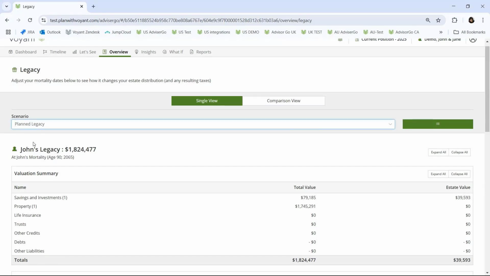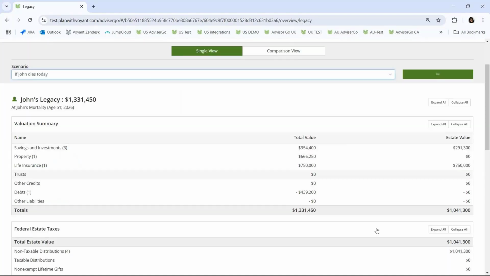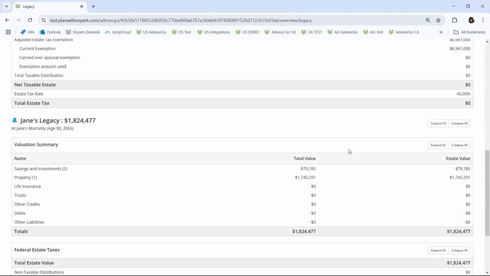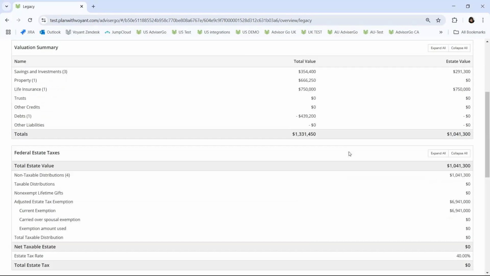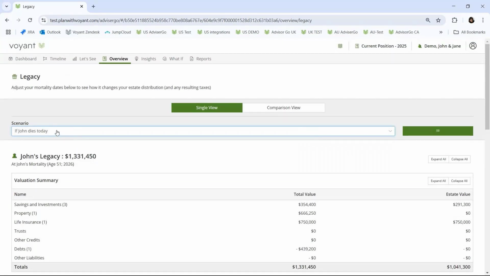You can also see what happens if somebody dies today. Then you can see the life insurance payment triggered if they have life insurance in the plan that falls within the term. You can see what this scenario would look like, and if there's any debts, those would be paid back. You can see what this looks like in the plan, and then you can even model a scenario if